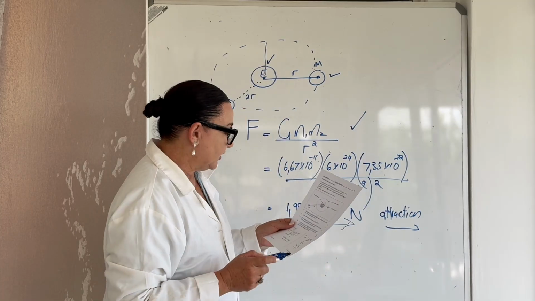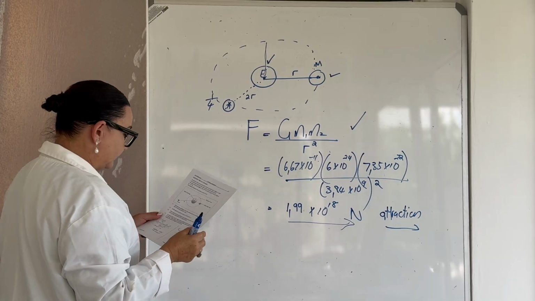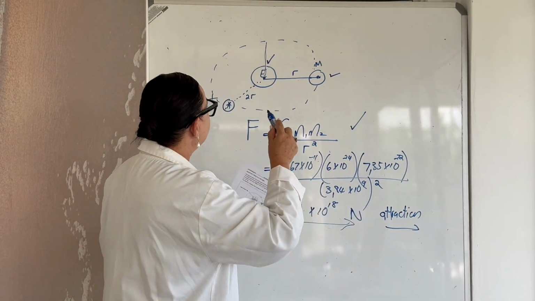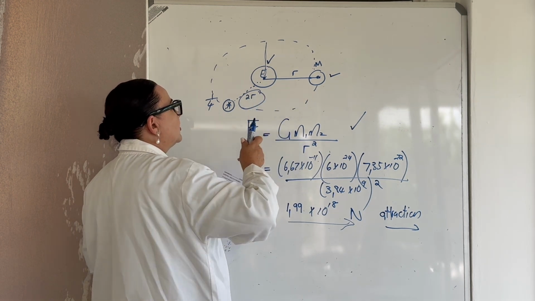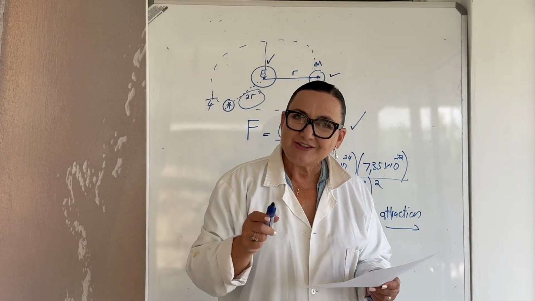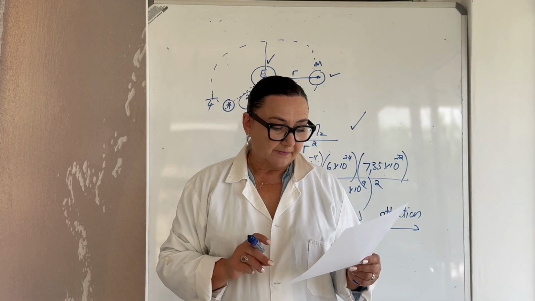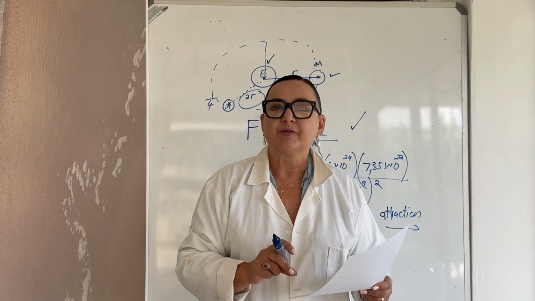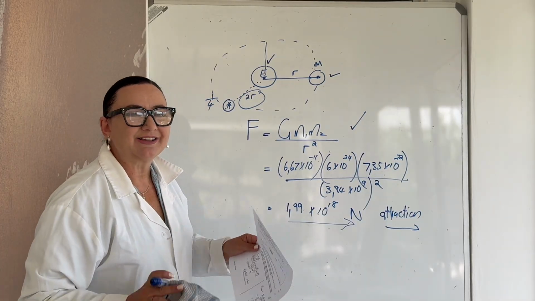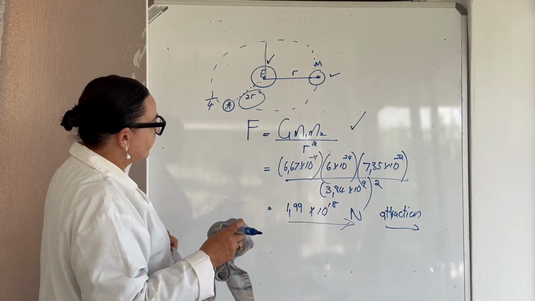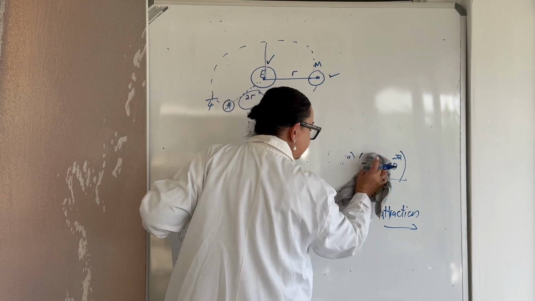Right, next question. Now listen to this. An asteroid with a mass here of 1/4 of the mass of the Moon moves at a distance of 2r. So not at a distance of r, but at a distance of 2 times r from Earth. Without using any values provided, determine the force between the Earth and the asteroid in terms of the force Earth-Moon. Alright, so there is what we were talking about when you're just going to use ratios. So I'm just going to take this away. So when we do our ratios,